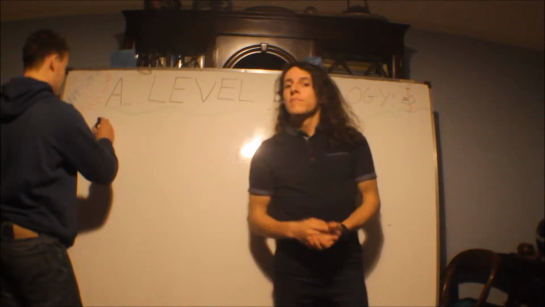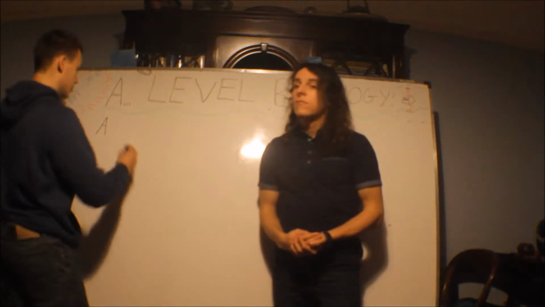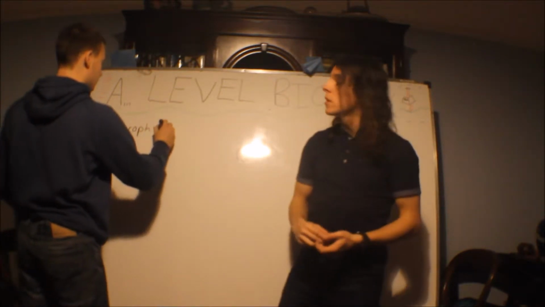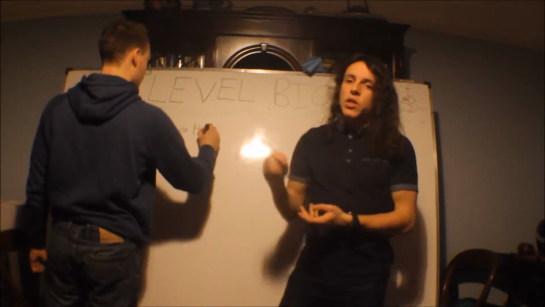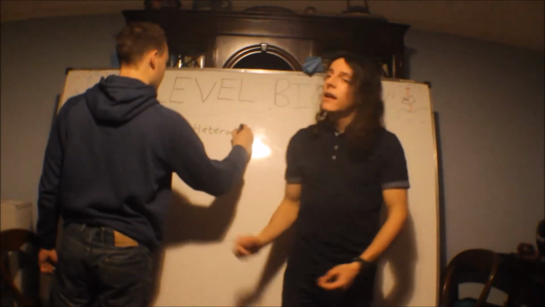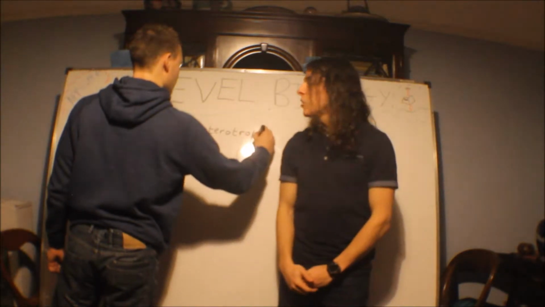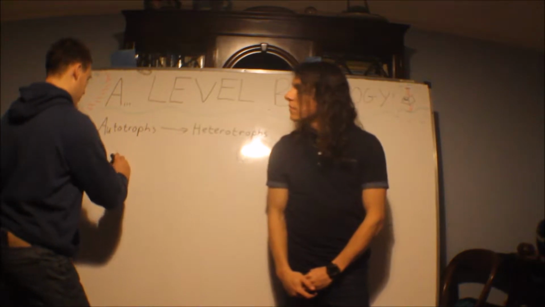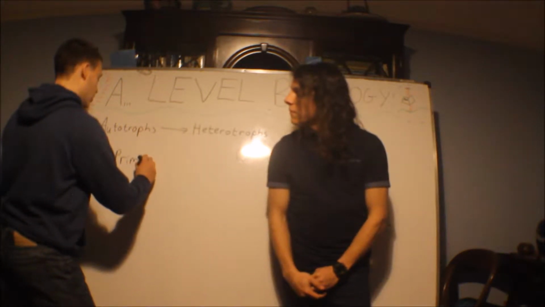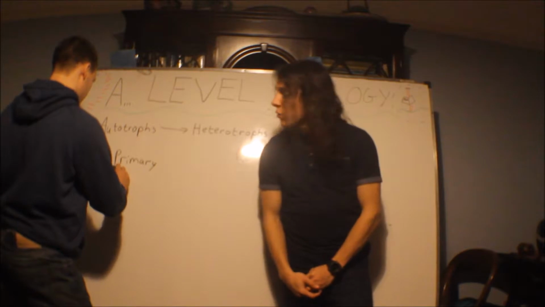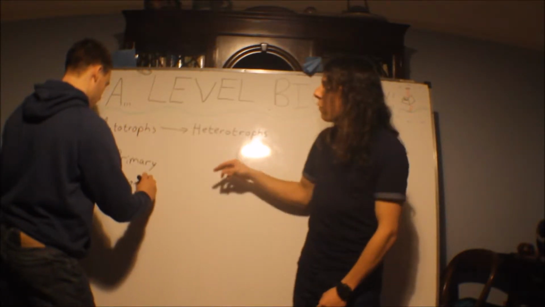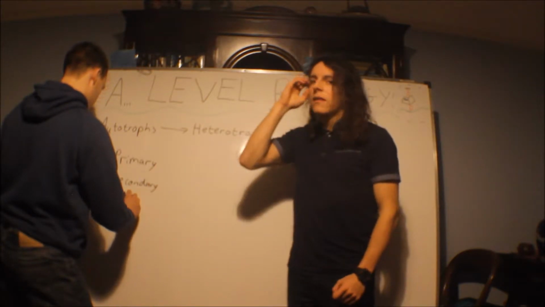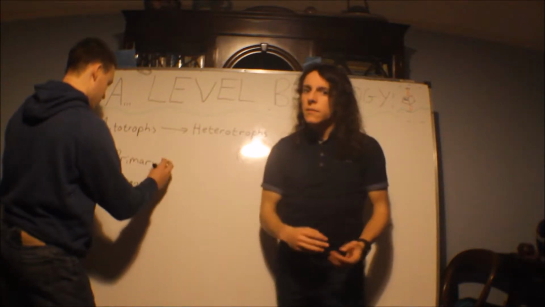So last time we started with producers, things that create energy from the sun or from nothing. This time we're going to talk all about consumers, things that eat the producers. But as we're at A-level, they have a better name for it. It is autotrophs, the producers, and heterotrophs for the consumers. If you focus on the heterotrophs, you're going to have primary, secondary and tertiary consumers within a food chain. Each one of these is going to eat the one before. So the primary will eat the producer, the secondary will eat the primary, and the tertiary will eat the secondary.